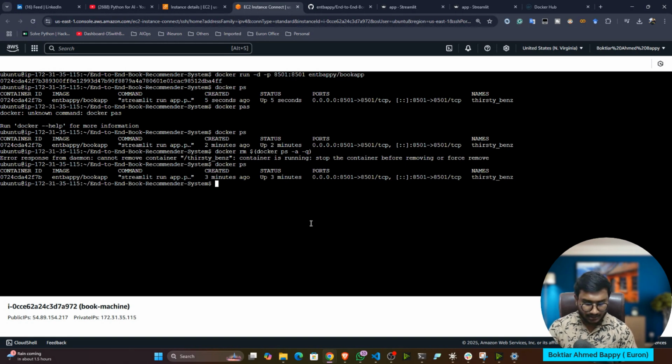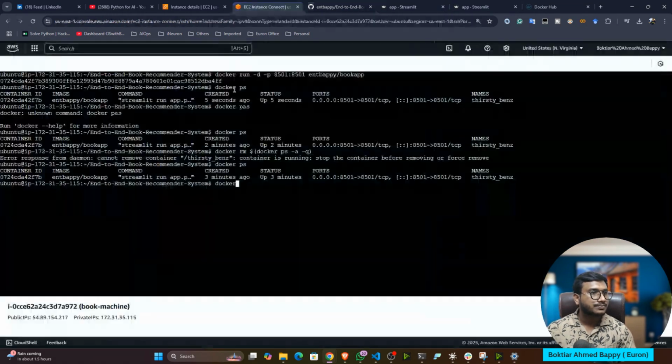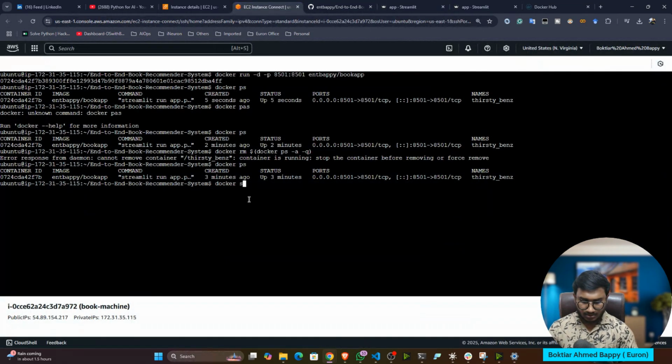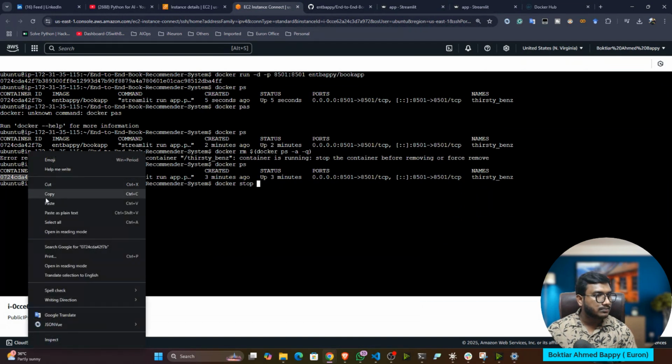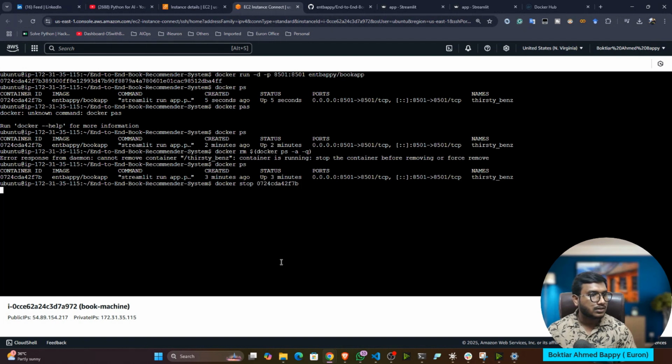First I have to stop it: docker stop container id. I'll copy the container id and paste it. Now it will stop the container. If I run docker ps again, there is no container.